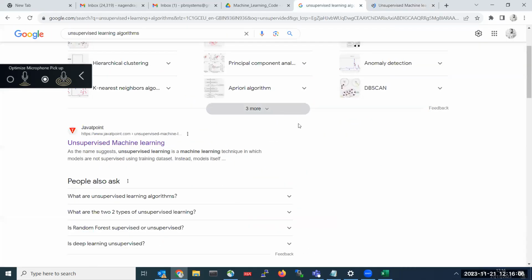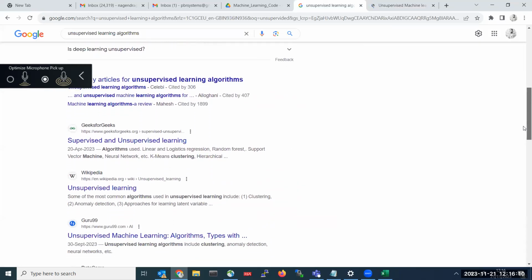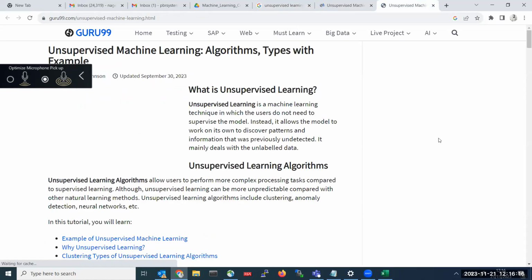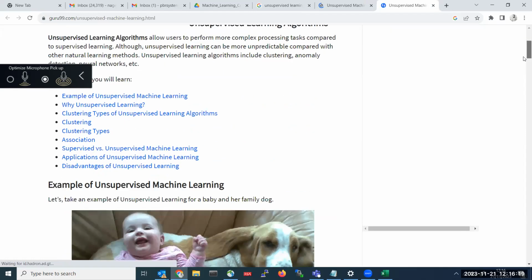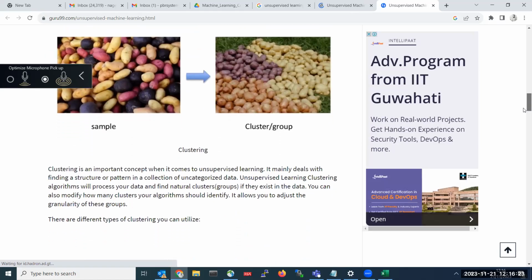At the starting itself, it is mentioning multiple algorithms available here. Out of all these algorithms, K-means algorithm is an important thing. And apart from that, some other algorithms like DBSCAN algorithm is there.